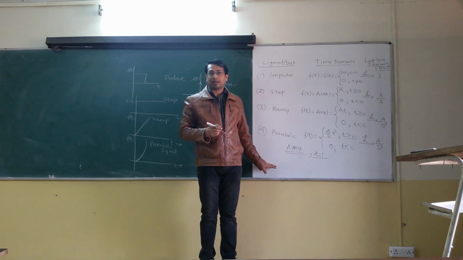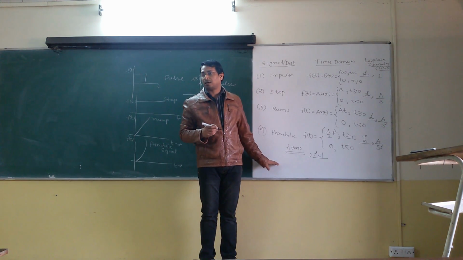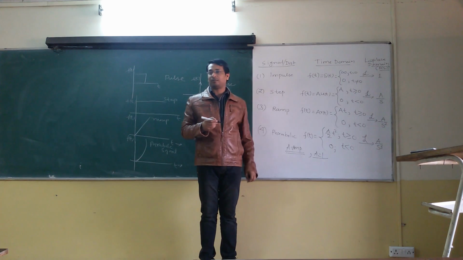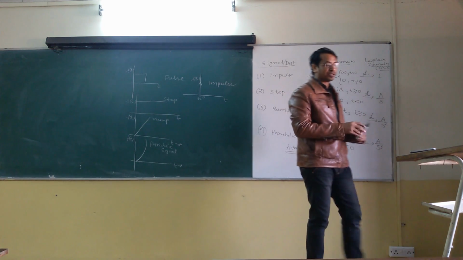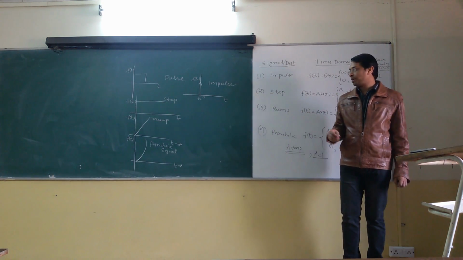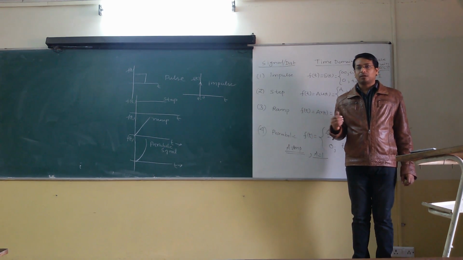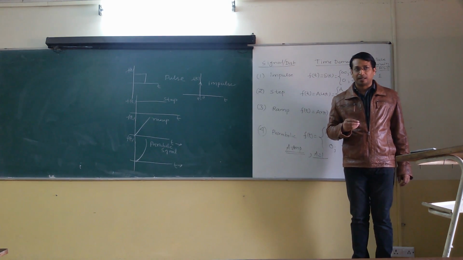And I have already said that greater than this, parabolic drifting is also possible, but we are not going to analyze those driftings, because only these first types of disturbances are enough to analyze the behavior of your system. And if your system works satisfactorily with such type of disturbance signal, it is going to act satisfactorily with any other type of disturbances. It has been found experimentally.